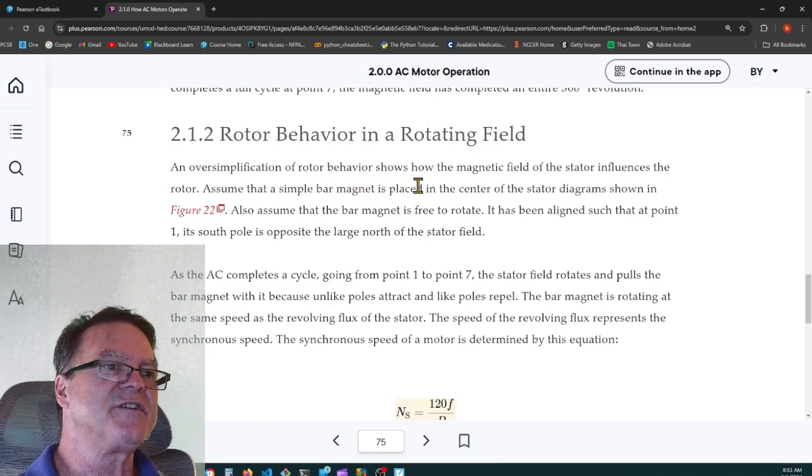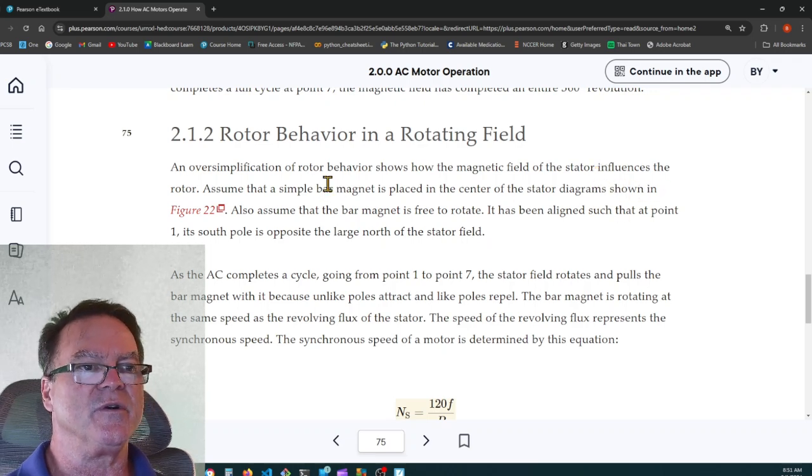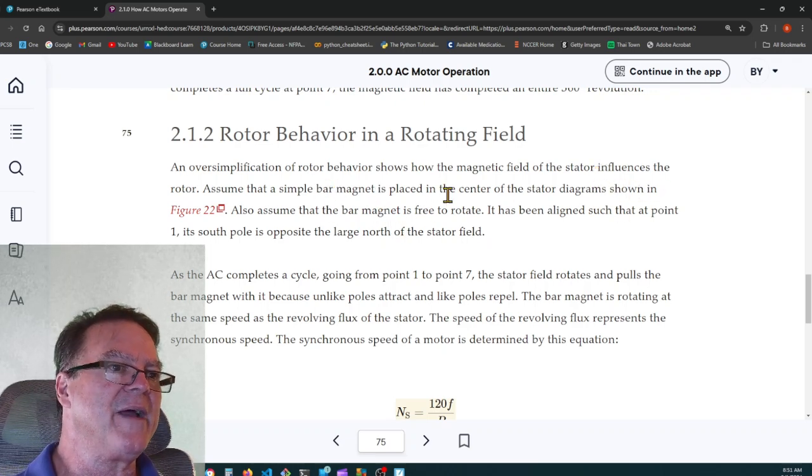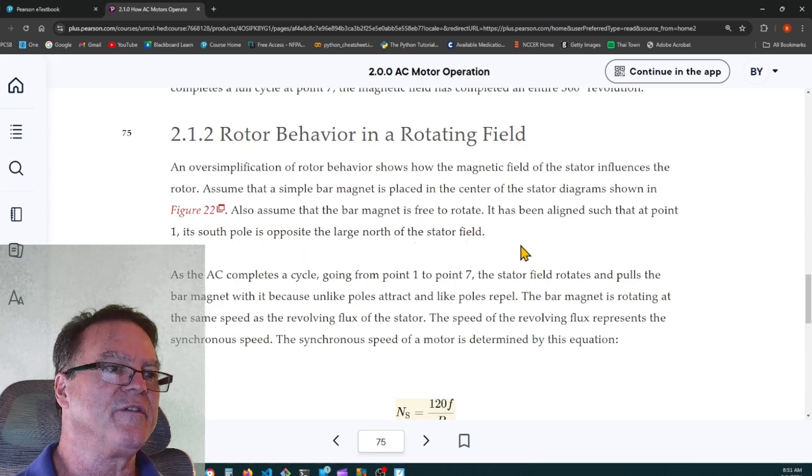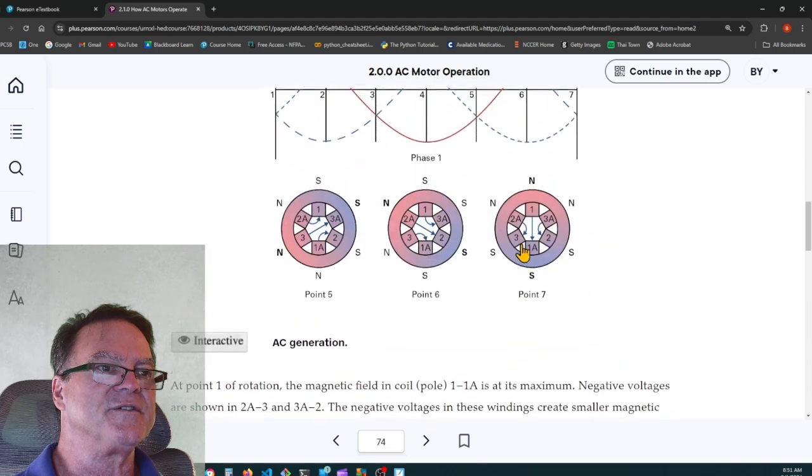An oversimplification of rotor behavior shows how the magnetic field in the stator influences the rotor. Assume that a simple bar magnet is placed in the center of the stator diagrams shown in figure 22. Also assume that the bar magnet is free to rotate. It's been aligned such that at point 1, its south pole is opposite the large north pole of the stator field. So they're saying that